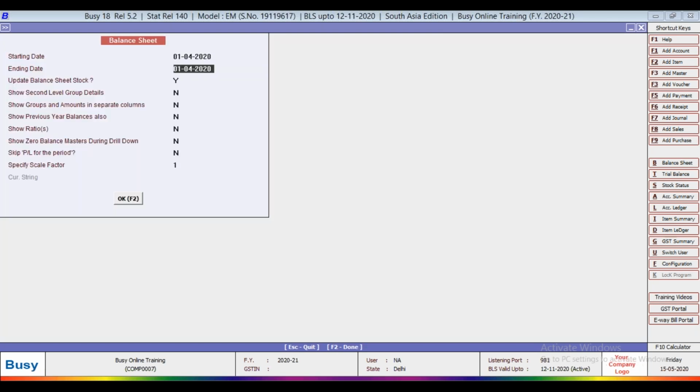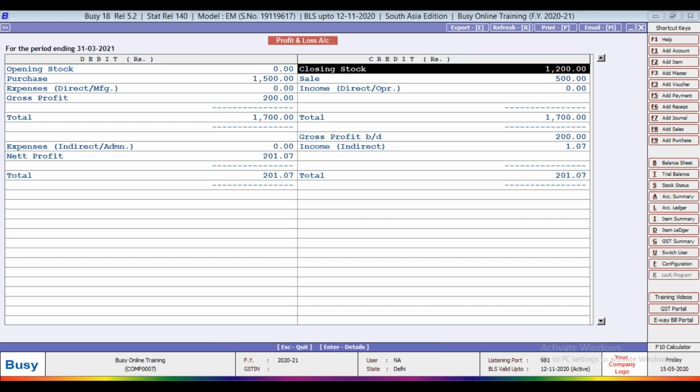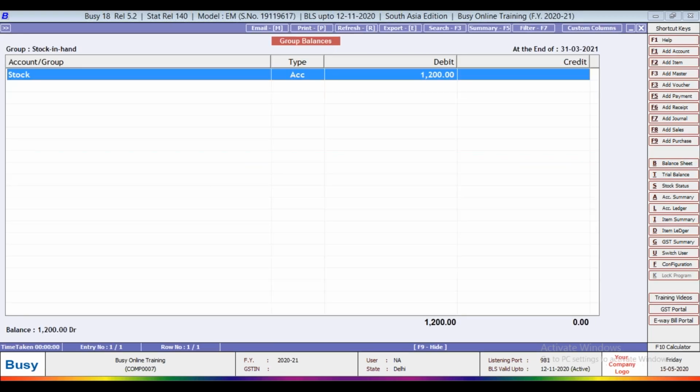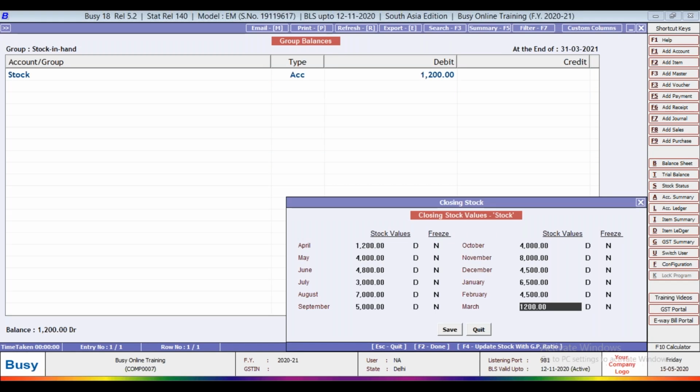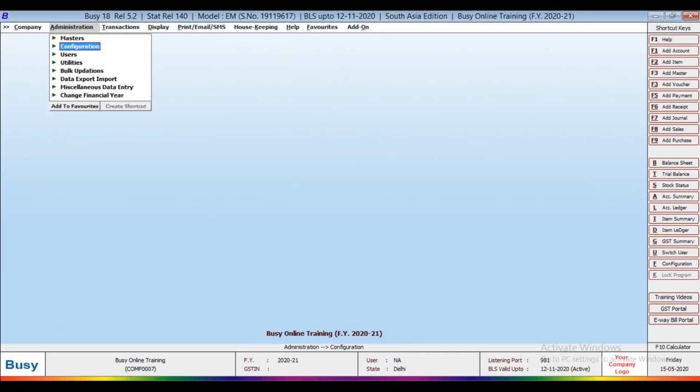If you check 31st March, it will update 1200, but I have defined 7800 before that in March month, so it is updating automatically. Every time the closing stock in the balance sheet is updated. So this is the feature for update balance sheet stock.